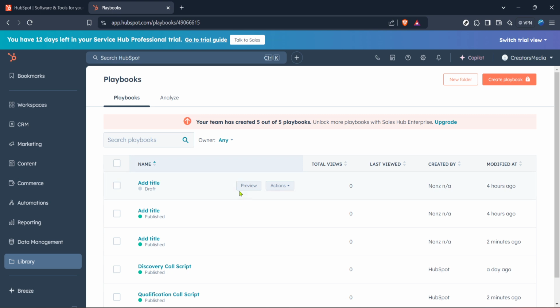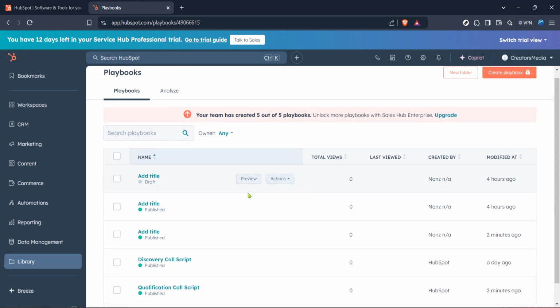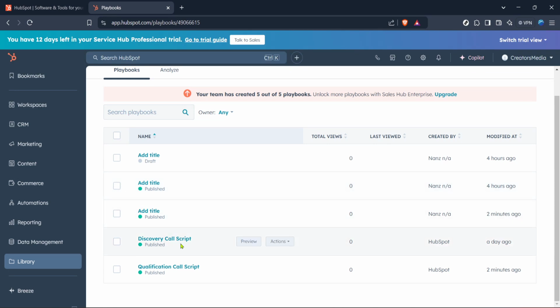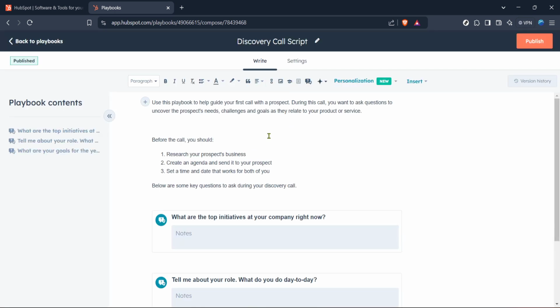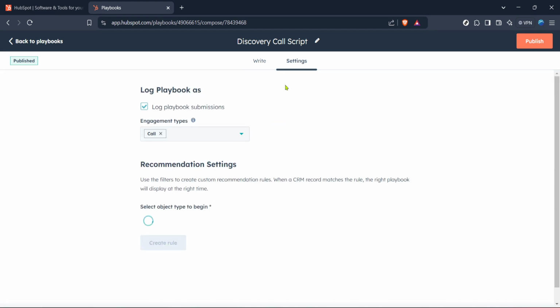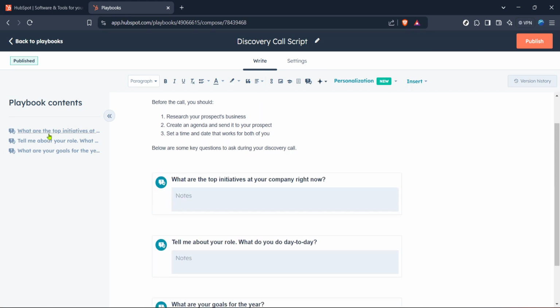After clicking Create Playbook, you have the opportunity to develop a detailed and structured guide that aligns perfectly with your organizational goals. Spend some time crafting the content. Remember, the more comprehensive and clear it is from the get-go, the easier it will be for your team to follow consistently. Once you're satisfied with your playbook content, your next step is crucial. Publish your playbook. Hit the Publish button, and just like that, your playbook is live and ready for your team to use. Publishing is integral as it turns your draft into a usable guide for everyone involved.